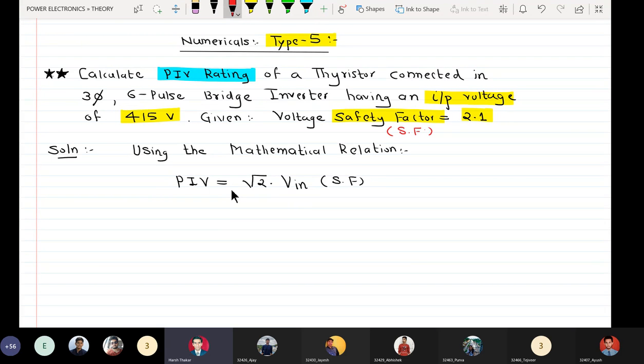Okay, so the safety factor is abbreviated as SF. So which is equal to root 2, V in is given as 415 and safety factor is 2.1, which comes out to be 1232.5 volts. Okay, so the answer is